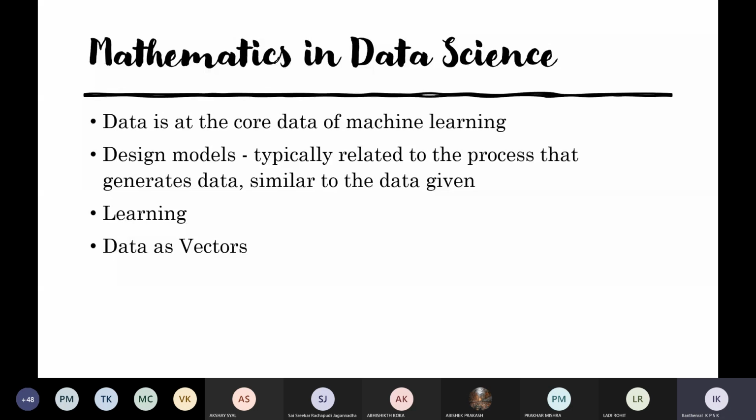But what I will say to you is, if you're working with a black box, you will not know what is going wrong in the black box. So it's always better that you have some understanding of what happens within the black box, so that you can tackle the problem. Almost all neural networks make use of linear algebra. They represent the data as matrices, multiply huge matrices and give you the result. This is where your mathematics comes into play.